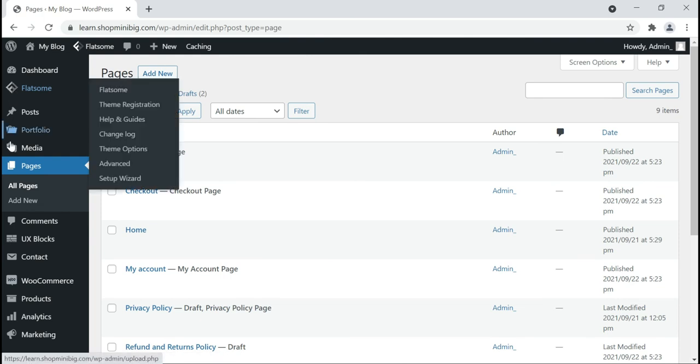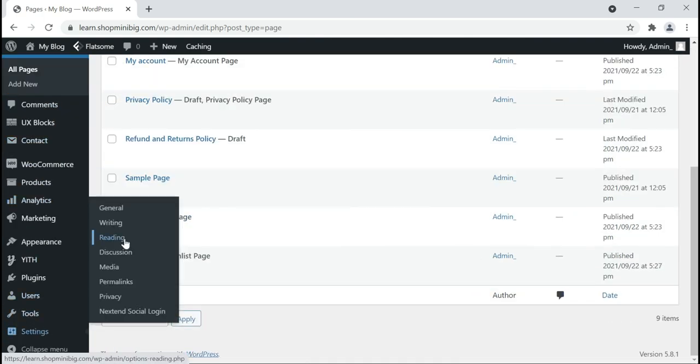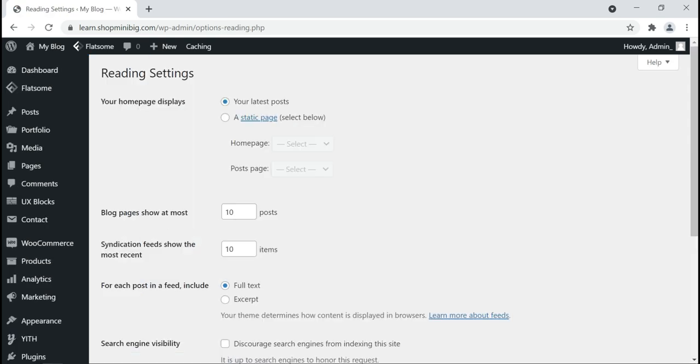Then again go to settings and click reading. What should your home page display? It's your choice: a static page or the latest posts. We have deleted the latest posts because we are not creating a blog site. We are creating our e-commerce website. That's why we created the home page. Just click on static page, then select home page.